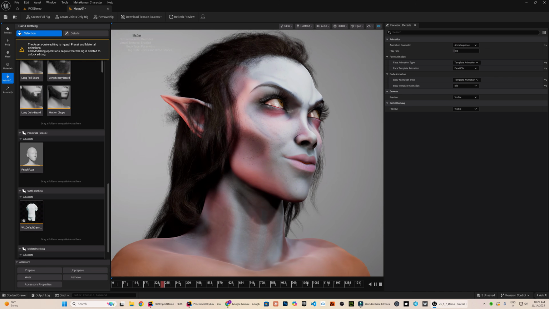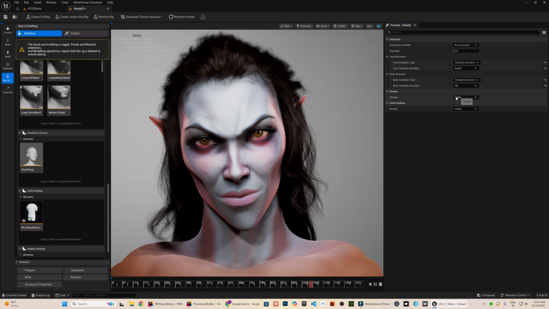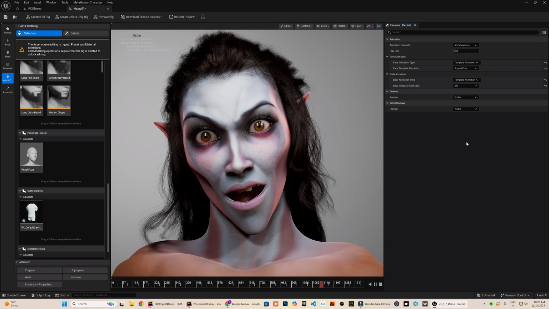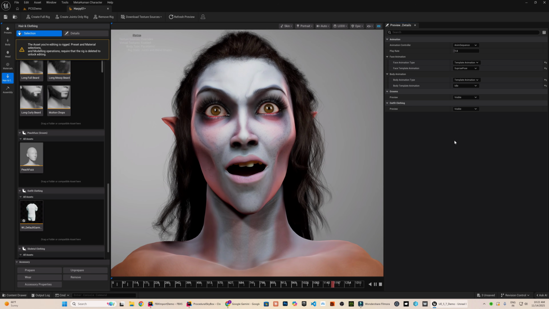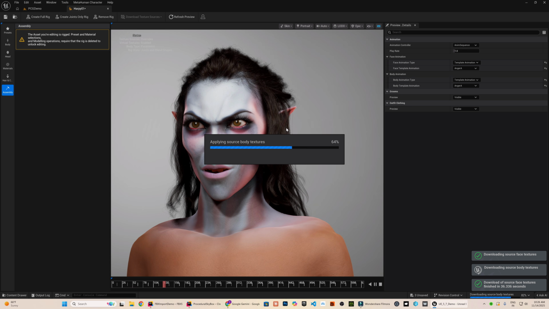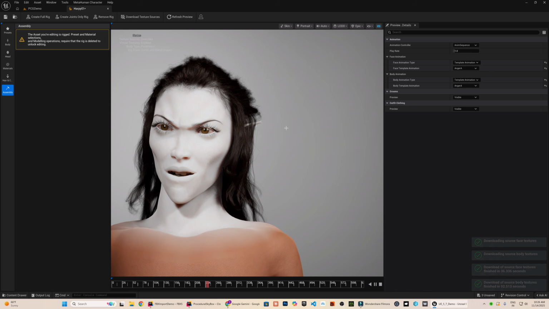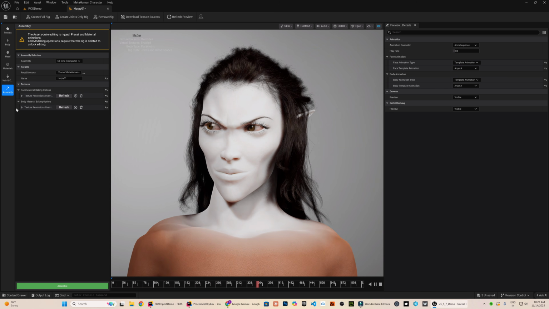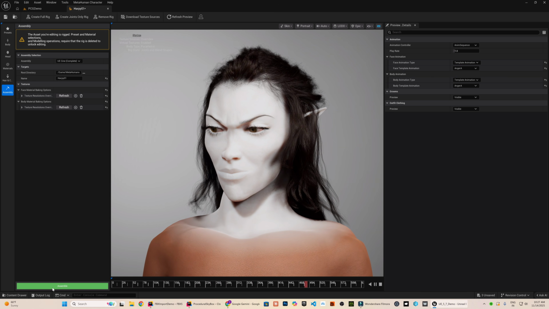Okay, so now that our MetaHuman is fully rigged and working correctly, it is time to assemble it. Assembling will basically export the character in a ready to use form. Before that, I need to download the texture source from here. Once the source textures are downloaded, you will notice that the custom face texture looks messed up again. That is fine. We will leave it as it is for now because we will replace the correct texture later